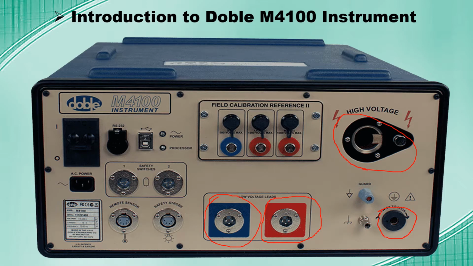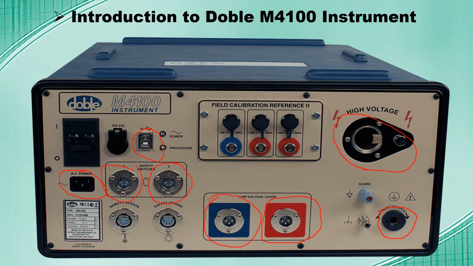Other cables that we will use: the AC power cable, which will supply power to my kit. This is the communication cable that will connect to a laptop for taking results and performing the test. My laptop will give commands to this kit and data will be recorded in my PC. These are the safety switches. Two safety switches are used, that we will see later on.